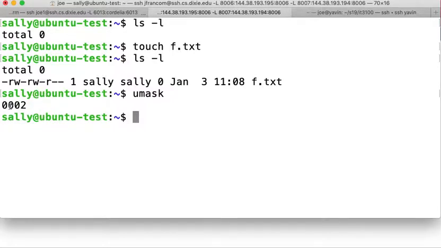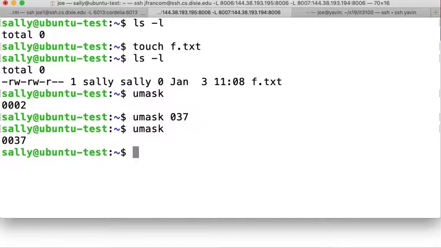So if you look closely, essentially the default file permissions always start out as 666. If I look at this 0, that means don't remove anything from the default of 6. This one says remove the 2 from the default of 6. Remember, the 2 is the write permission, so we're left with just read and write permissions... just the remaining bits. If I were to change her umask to something like 037,